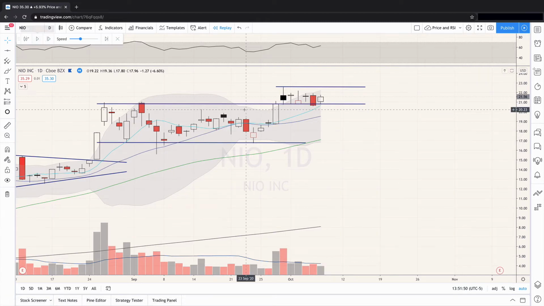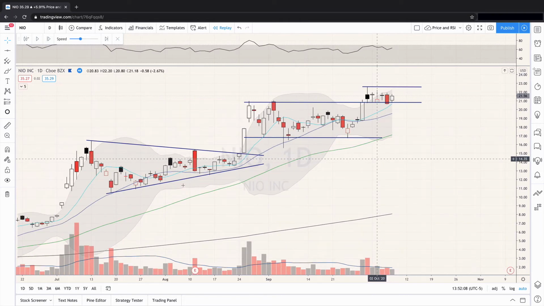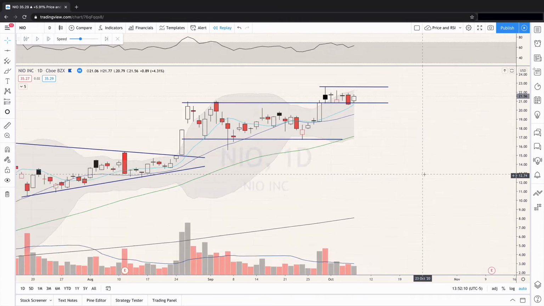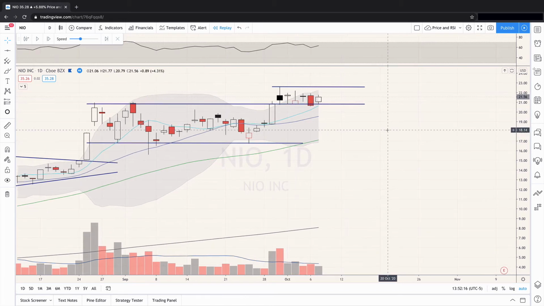But this obviously was, well, the setup here was this long channel with rising MAs below it. This bar broke to the high of that channel. We broke up above and then consolidated above that channel. So this looked like a very strong name. It had been consolidating and moving higher in big moves before. So this looked like a very strong setup, basing nicely up here, holding this break. That's what catches your eye.